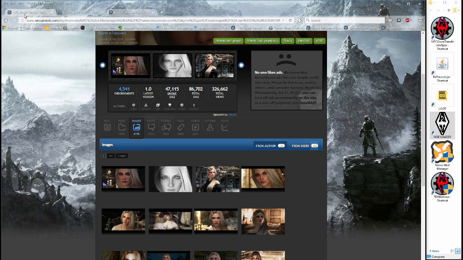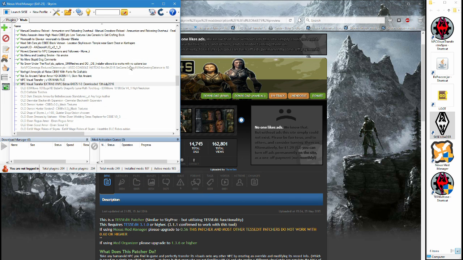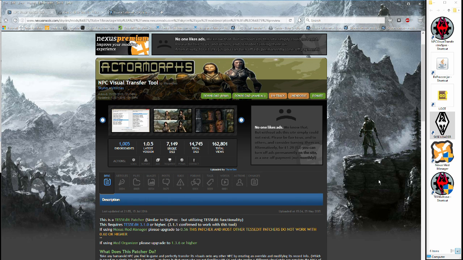So what you have to do, first of all, is go along to the NPC Visual Transfer Tool mod page. Now he mentioned in his own description that he himself hasn't found that it works very well on Nexus Mod Manager. Now I'm here to prove that is actually not the case. I currently use Nexus Mod Manager version 0.61.23, and I also use TES5Edit version 3.1, and I have been able to use these successfully to